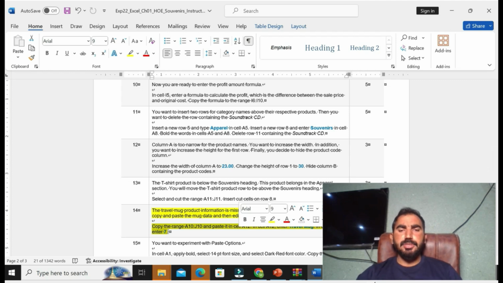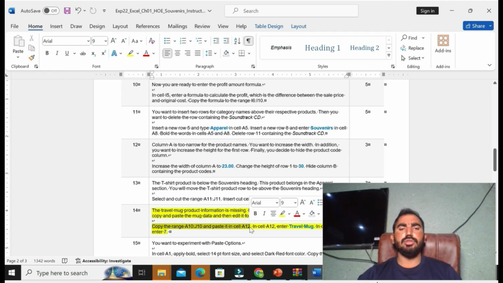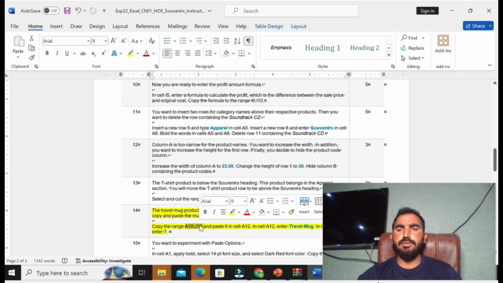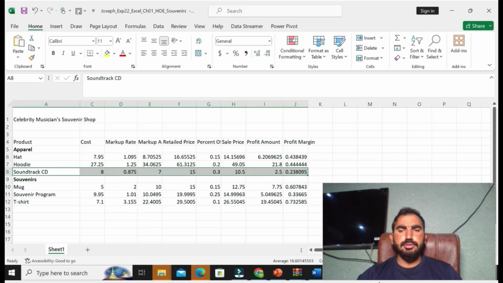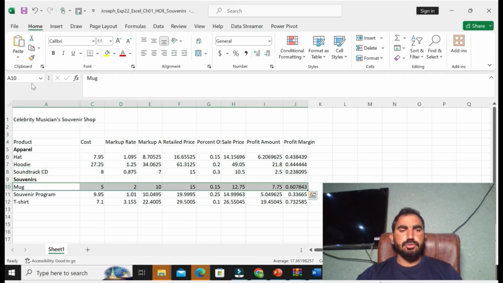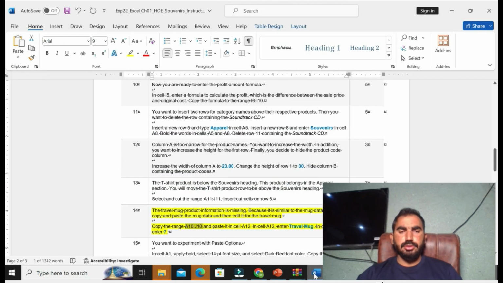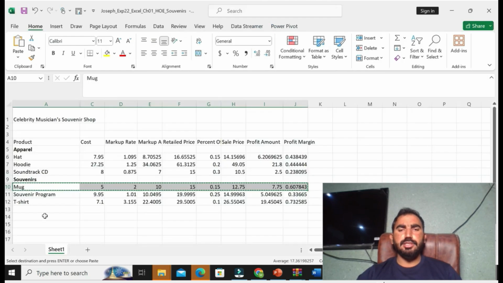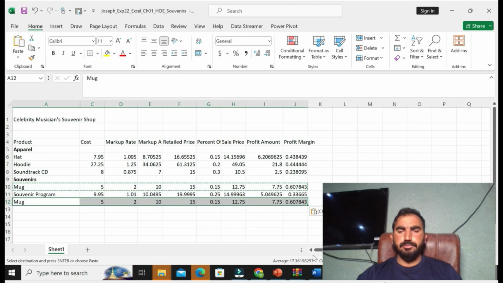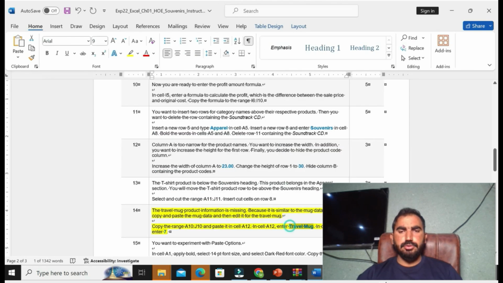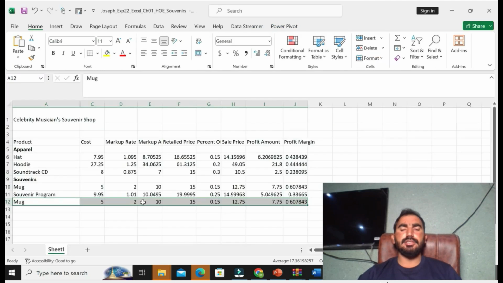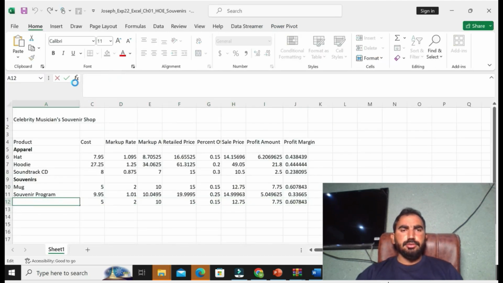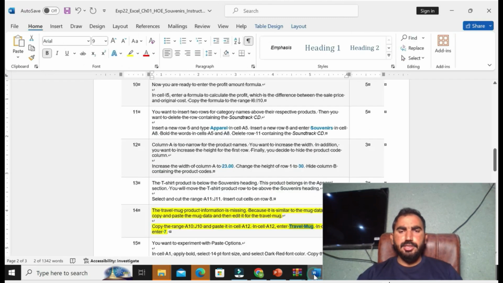Copy the ranges A10 to J10 and paste into cell A12 and enter the travel marks. Okay, now I'm going to copy the ranges from A10 to J10 and paste into cell A12. Okay, you can see here. Copy the word in the travel marks and enter it. Travel marks is here. Okay, you can see here I copied and pasted the word and entered the answer 7. Okay,